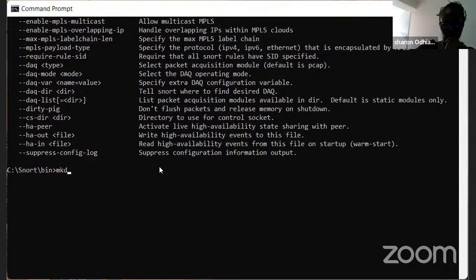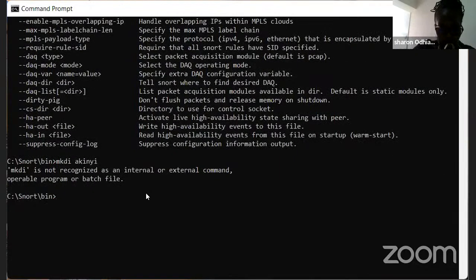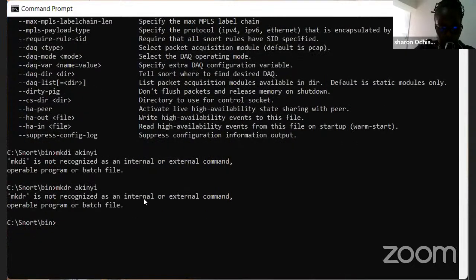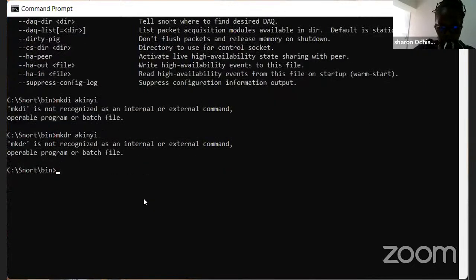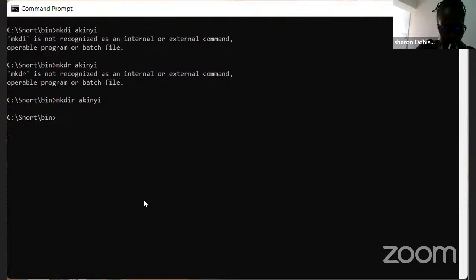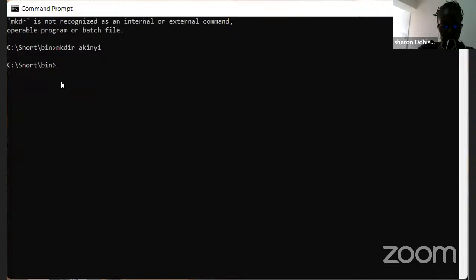So we can make a directory. Let's call it, for the sake of time, I already created a directory in my name. So when you want to do that configuration,